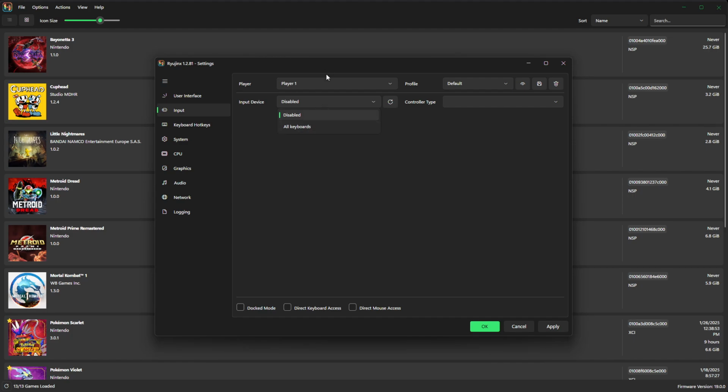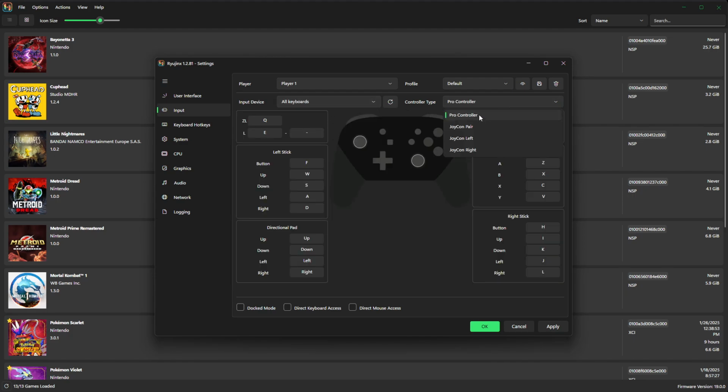So right now you can see we don't have a controller connected. We can select our keyboard and we can emulate any number of different controllers here. I tend to keep it on Pro Controller for the games that I play, but you can select however you like, and you can select your key bindings here. So that's pretty simple if you want to use a keyboard. However, we can connect a controller